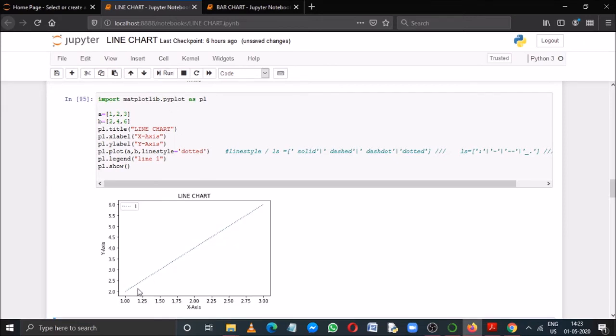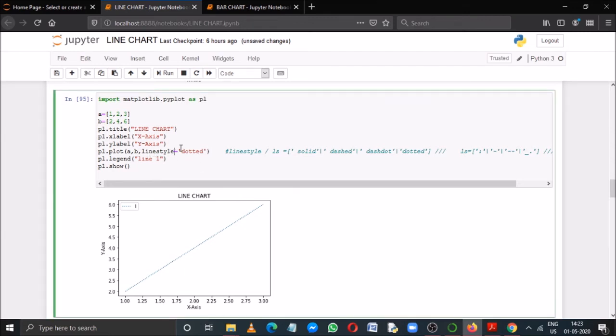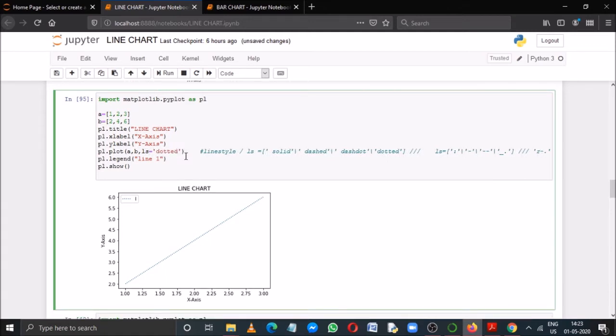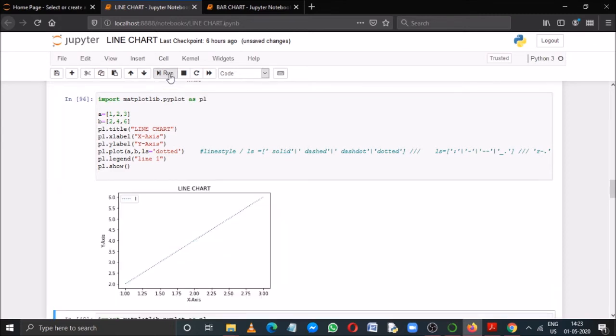See, this line is composed of only dots. Now instead of writing linestyle, you can write it in short ls, then also this attribute will work. Now let me run this for you. See, this is working properly.